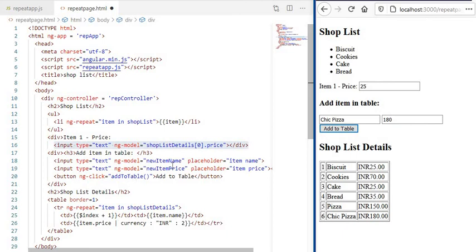Hope you understand how this code is using the various Angular directives, particularly ng-repeat. We have seen ng-repeat in two forms: one in the list form and another in the table form. So this is just an example.